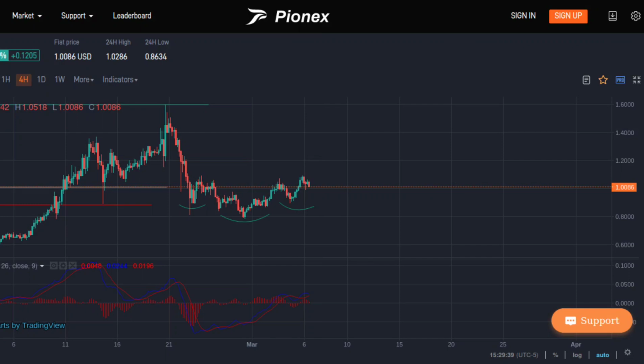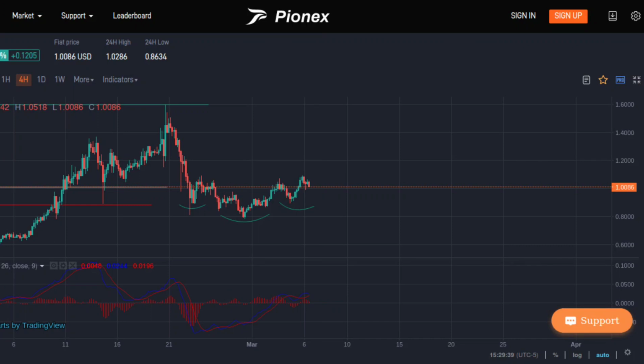You've got the two edges that are up higher than the middle rounded bottom. Okay, that is an inverse head and shoulders. It is a bullish pattern. Now that's what created the volume into the market for Ontology. A lot of people were able to identify this and the money started to flow in to create price recovery